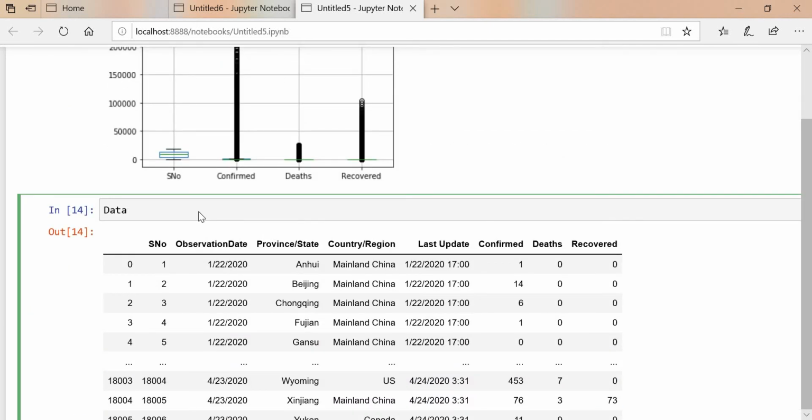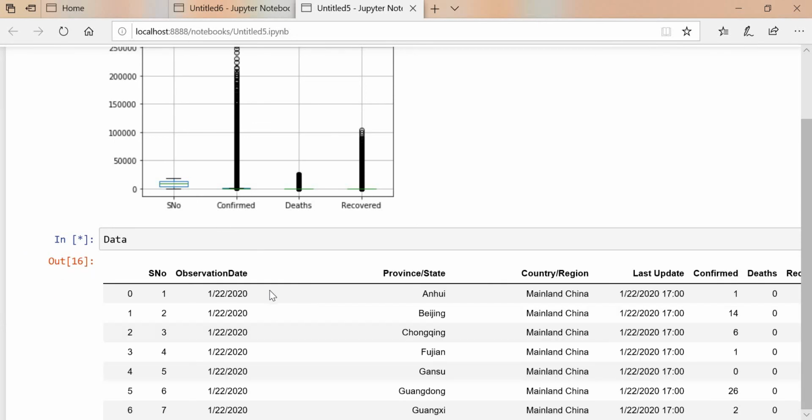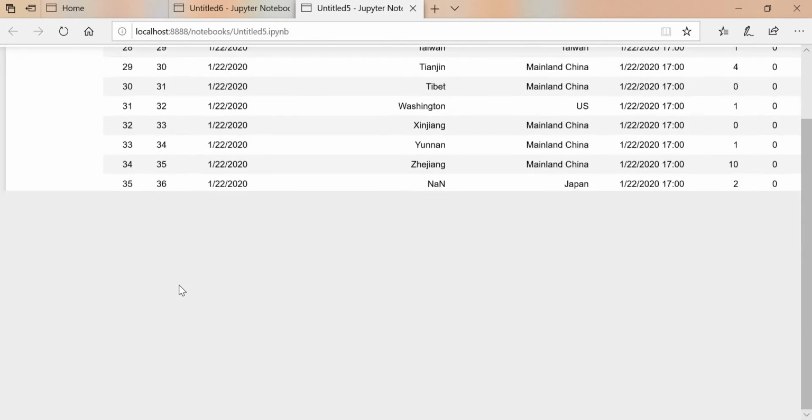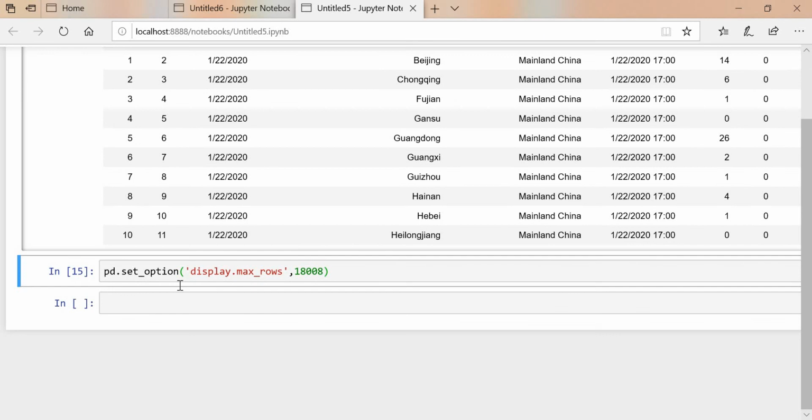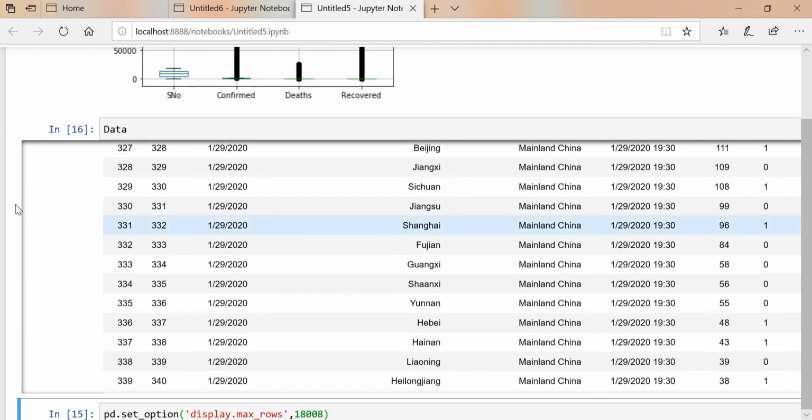Once you execute this, it's processing now, guys. It will take more time because we have the maximum rows. See, we are getting the total data, total rows we are getting over here.